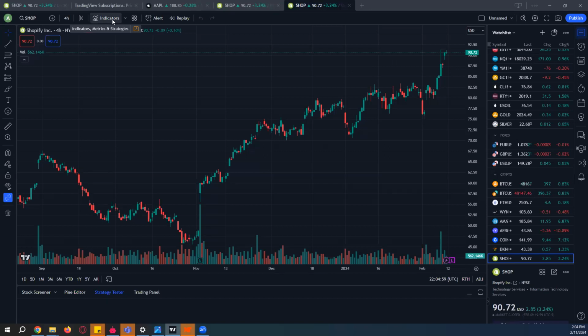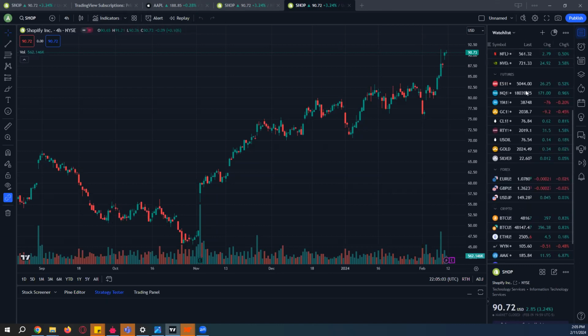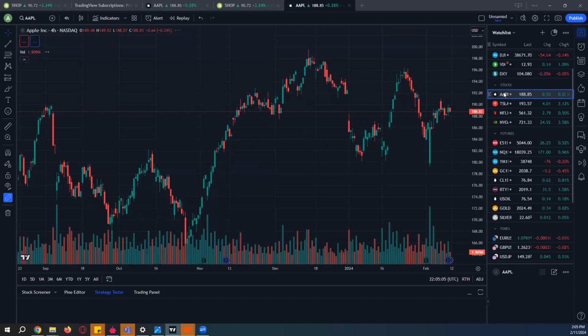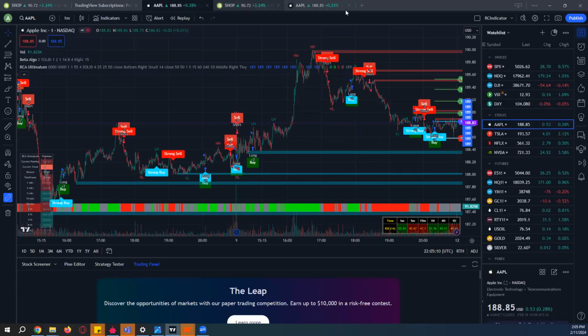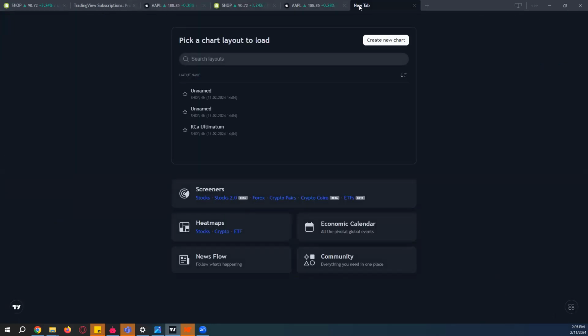Can you click on the new tab? So after Apple, just click on the plus sign. You have all the tabs at the top, right? Apple. After that, click on the plus. Yeah, click there. So now it says create new chart. So such layouts you can give, like for example, you want to open